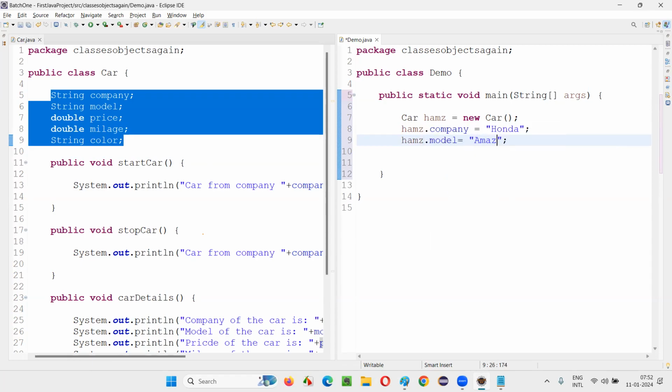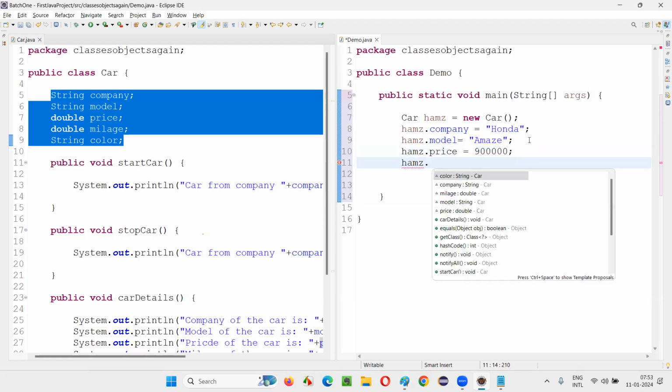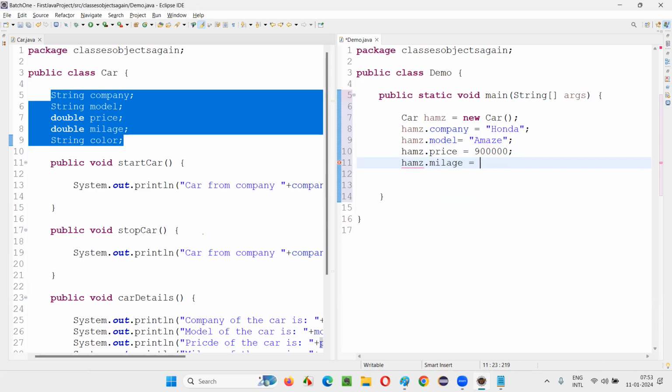Amaze. Then HAMZ.price, I'll give some price. Let's say 9 lakhs, 9 lakhs in rupees. HAMZ.mileage, 14.12. HAMZ.color, let's say gray color.